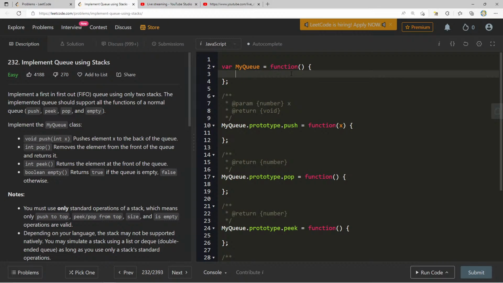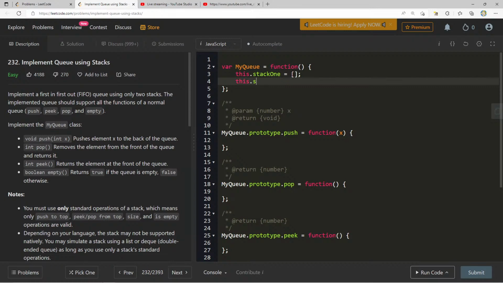All right, so let's go over this. I want to do 2 different stacks. So let's say stack 1 is an empty array, and stack 2 is another empty array. What happens when we push? I think we want to push to the non-empty one, right? Or can I always just make it